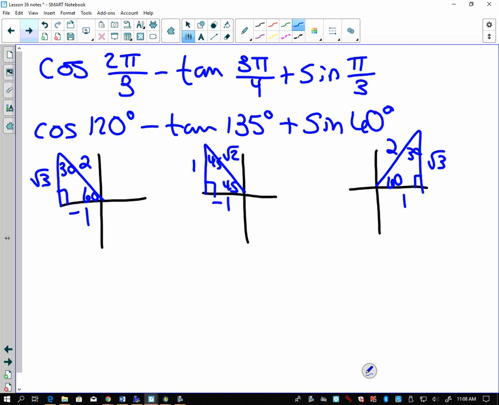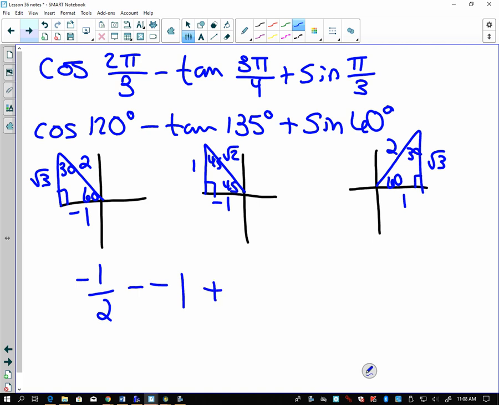So now I'm coming back, I'm looking at the trig function portion of it now. It says cosine, cosine. All of this is going to be based upon the reference angle, the one that meets up with the origin. So we're looking for the cosine from 60 degrees. Cosine is obviously adjacent over hypotenuse, so that's giving me -1 over 2. I'm going to bring down this subtraction. I'm minus tangent. Tangent of 135, so opposite over adjacent, which would be -1, because I'm getting 1 over -1. So I'm going to subtract 1